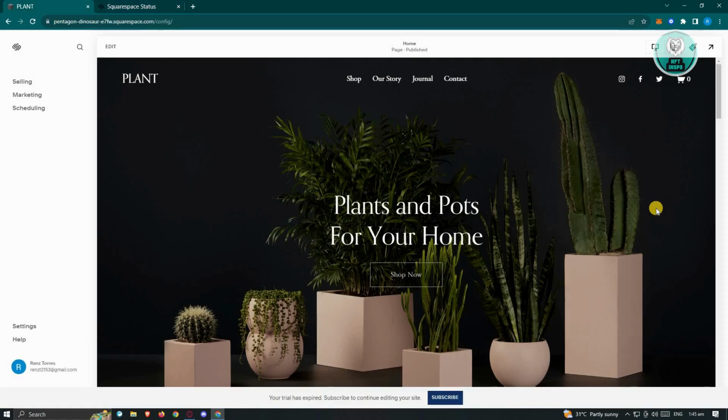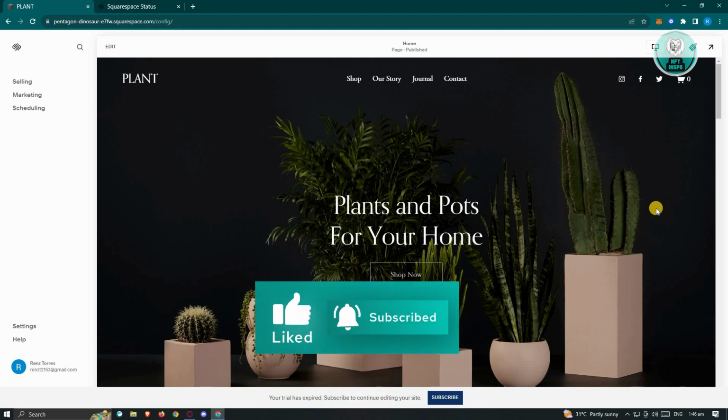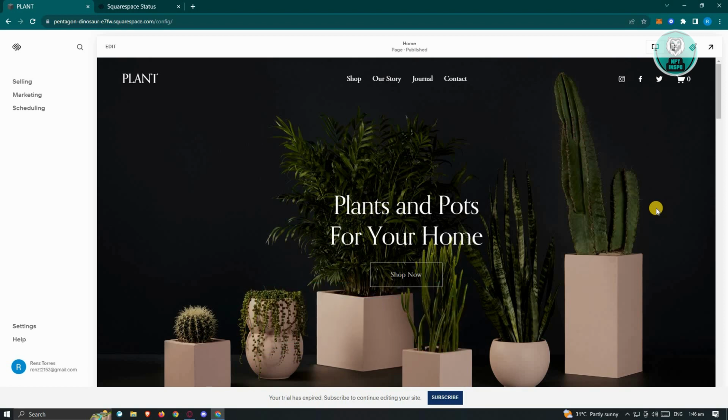Another thing that you should be checking here is your current browser. Sometimes if you're not using a supported browser for Squarespace, then you will have problems accessing the website itself, or when you're editing your website. Currently Squarespace is supported by Chrome, Safari, and Firefox. In this case, you might want to consider using those browsers whenever you're editing your website or visiting your